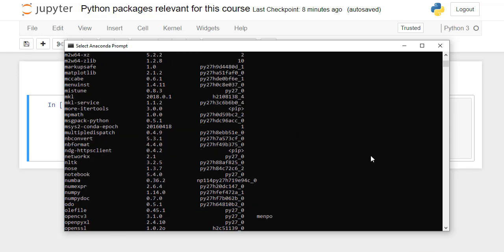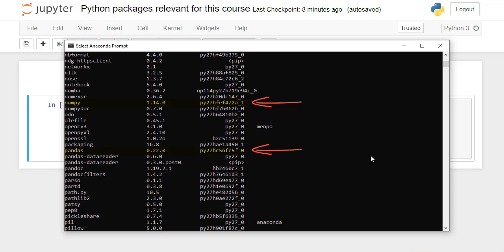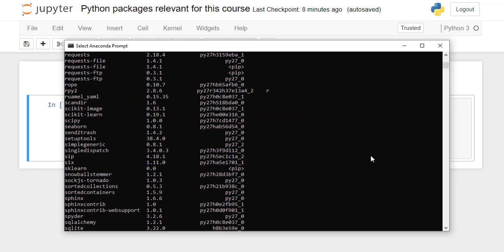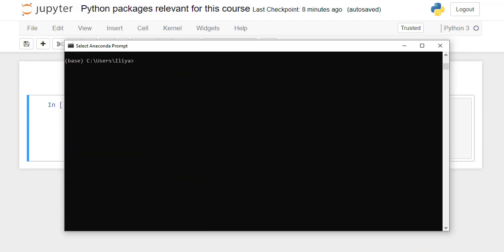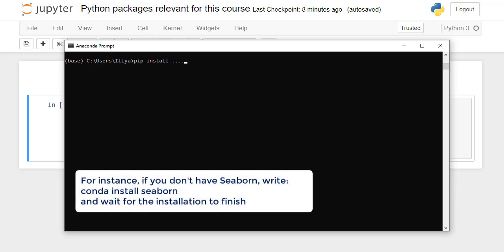Matplotlib, NumPy, Pandas, SciPy, StatsModels, Seaborn, and scikit-learn. Cool. If you are missing something, just write conda install and the name of the package, or pip install and the name of the package. For instance, if you don't have Seaborn, just write conda install seaborn in the Anaconda prompt and wait for the